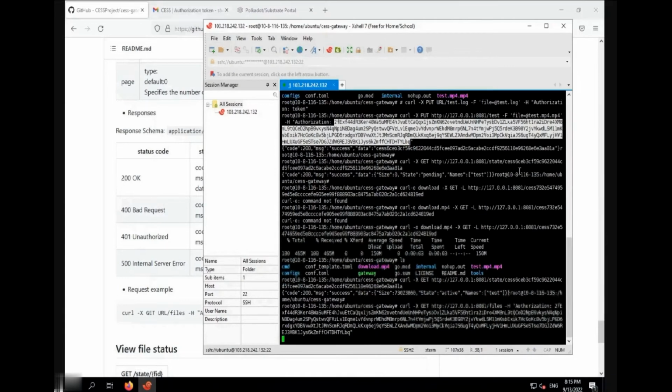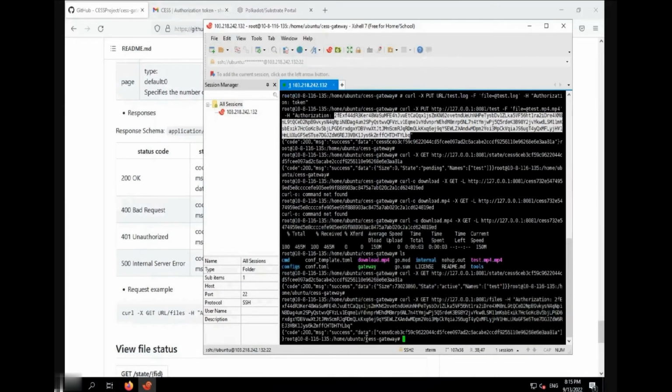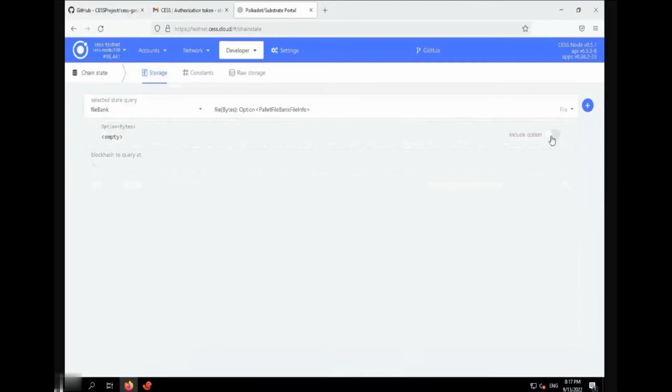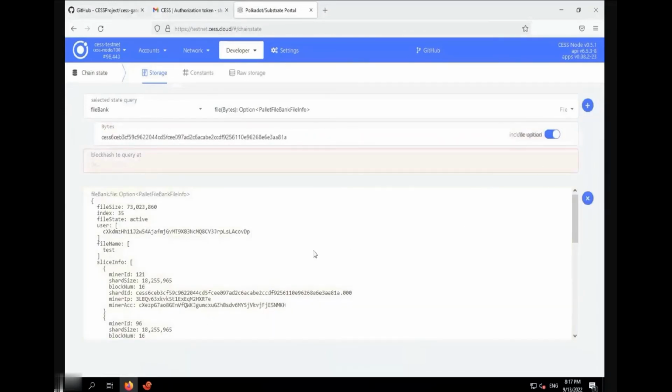You can see that I have only uploaded one file under this token, and the string with the SES prefix is the file ID. Of course, we can also go to the SES Blockchain Explorer to check the previously uploaded files. All you need to do is copy the file ID and paste it on the bytes column. Click the plus sign there.